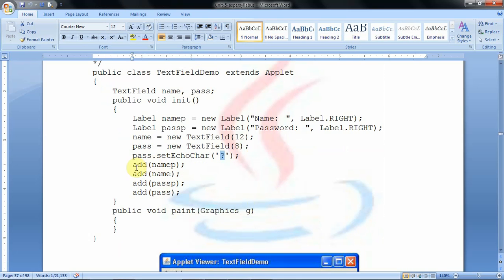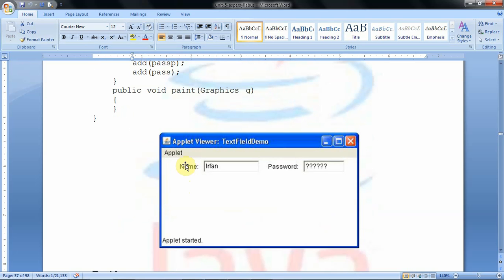After that we need to add all these components. In this example program, in total we have 4 AWT components, 2 label objects and 2 text field objects. We need to add those components in order. First we add the first label, that is name.